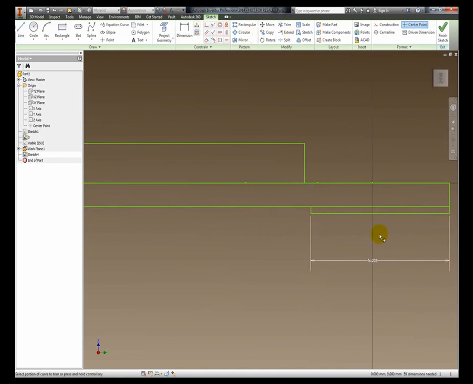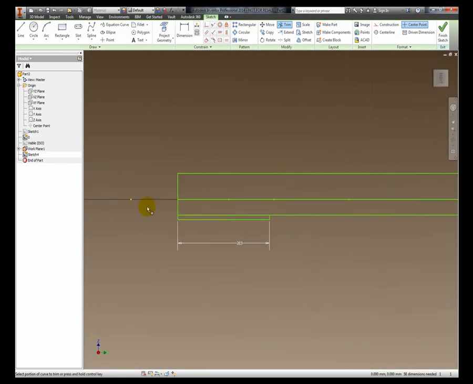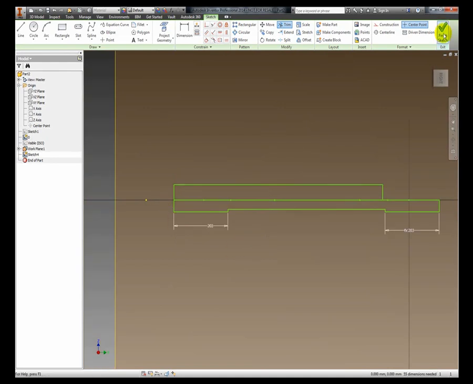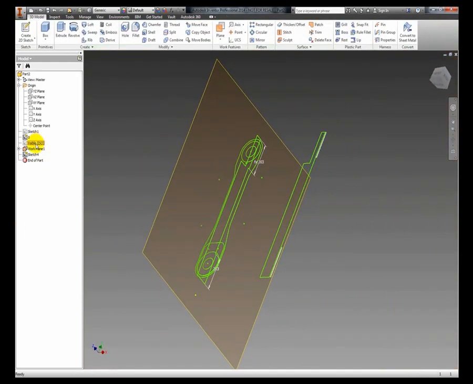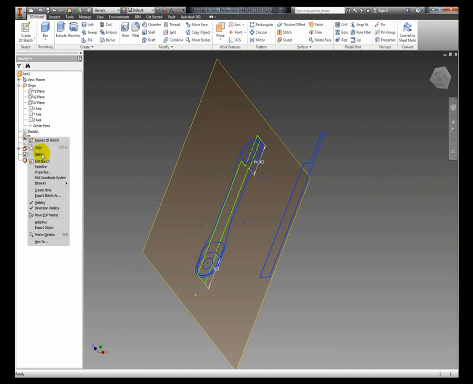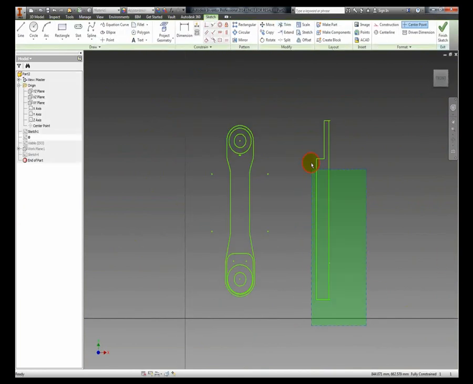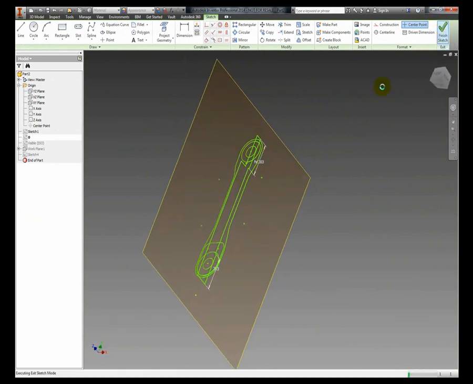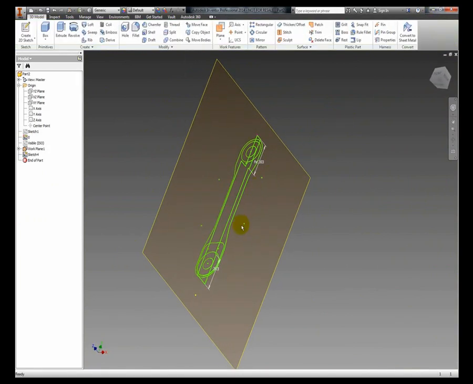Just going to use the trim tool now to trim those parts that I've just created off, just so it intersects correctly and the correct areas are selected. So if I finish that, now I'm just going to go back to my sketch and delete that as we no longer need it. Finish the sketch. Now if I extrude this,